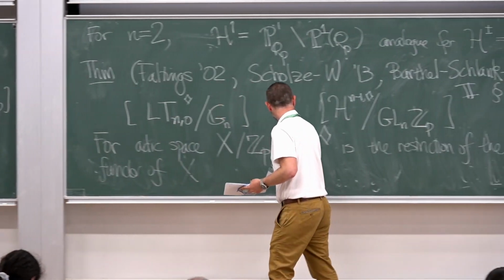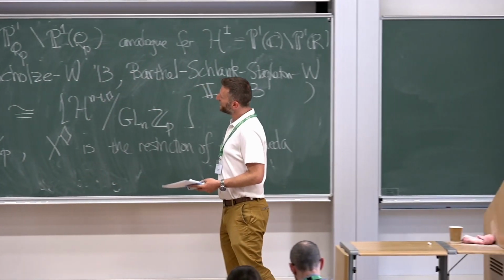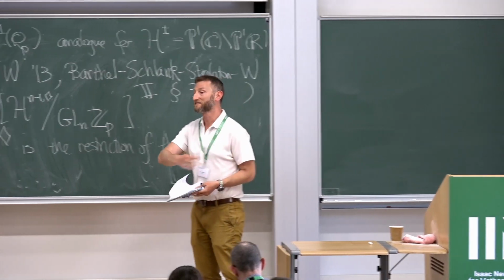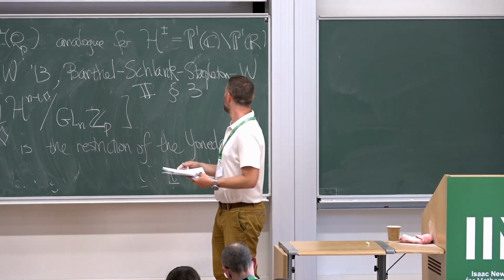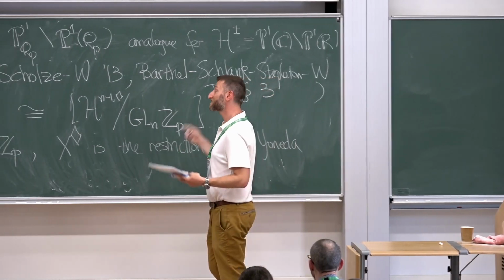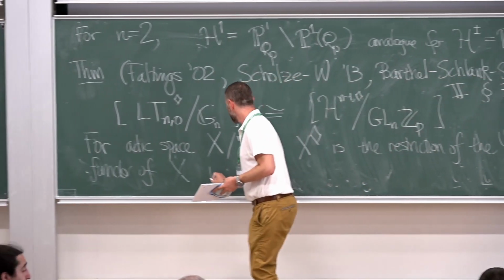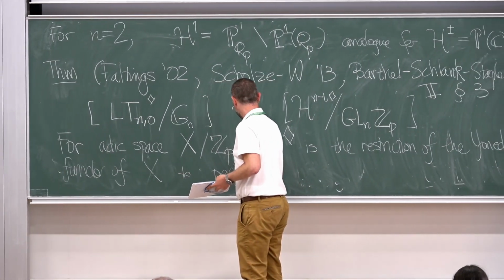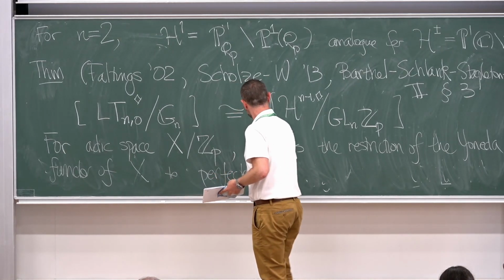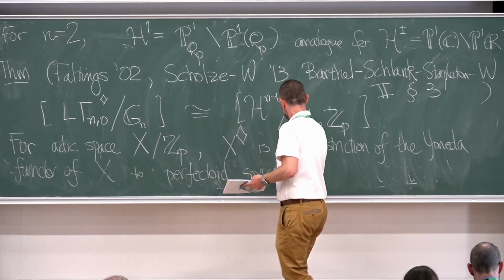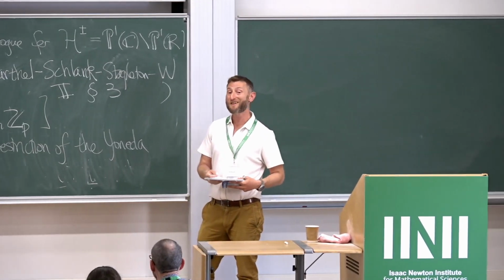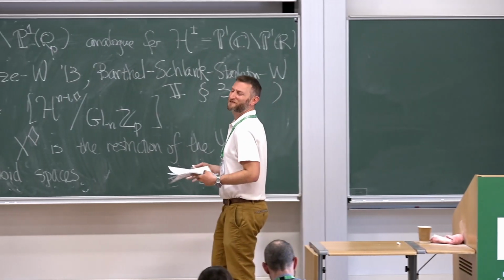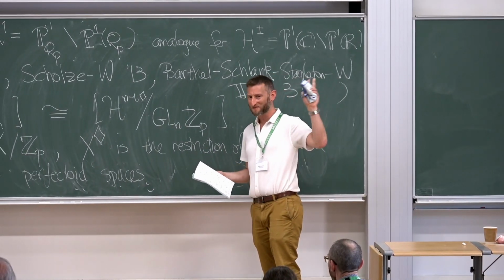Before I finish this sentence, what do I even mean so far? Any object in a category defines a Yoneda functor from the category it lives in to sets. Great. Take that functor and restrict it to a certain kind of adic space. That kind of space is called a perfectoid space. Those are Scholze's perfectoid spaces. Am I going to define them right now? Nope. But if you really demand it, you can ask right now.